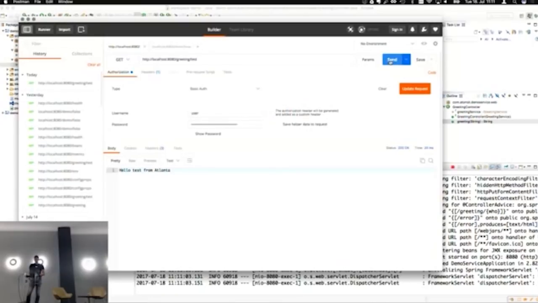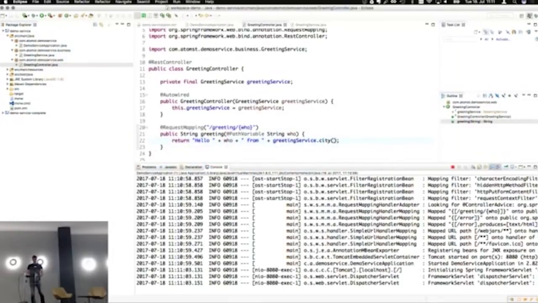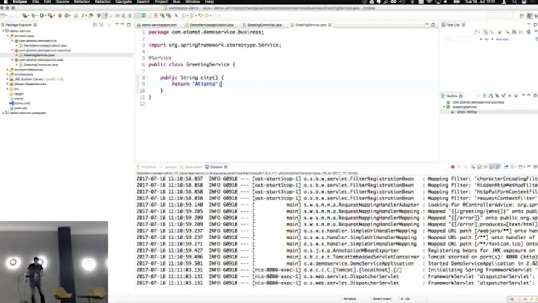Yep. So that works. One of the things that you may also notice, and which is, I think, very common, you really don't want to hard code this into your application Java file, and I think this is where externalized configuration comes in. What if you wanted to move this into a configuration file now? How would you accomplish that?